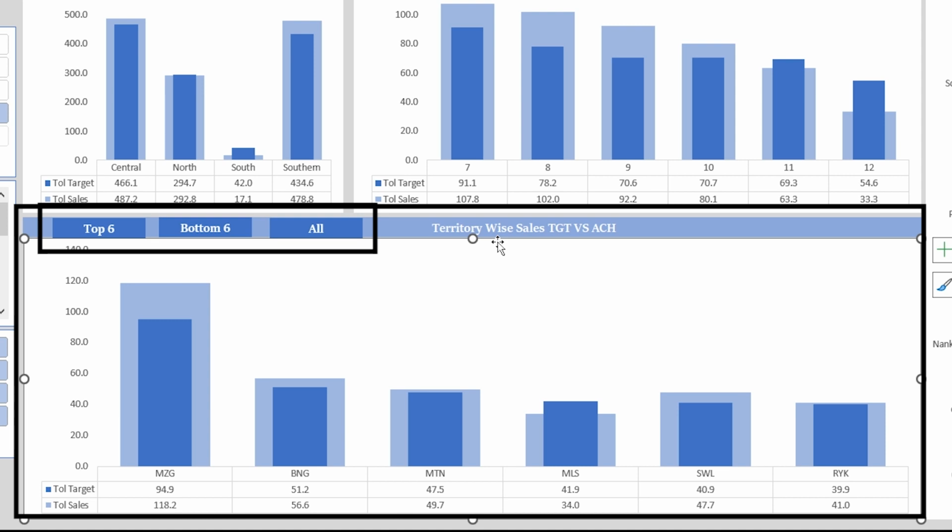Now let's shift our focus to territory-wise achievement. This chart is showing me the territory target and its sales. The dark blue color is for the total target. The lighter blue color is for the sales. So here I can make the strategy for low performing territories as per my different strategy, and if some territories are performing well, they are meeting their targets, then I will be making the sales strategy or advertisement strategy accordingly.